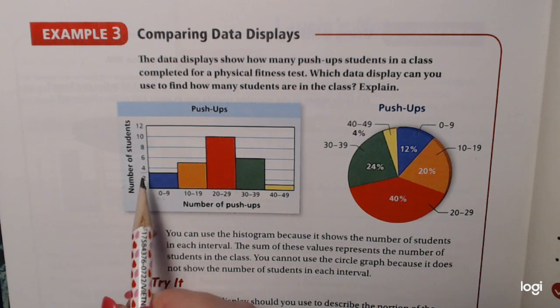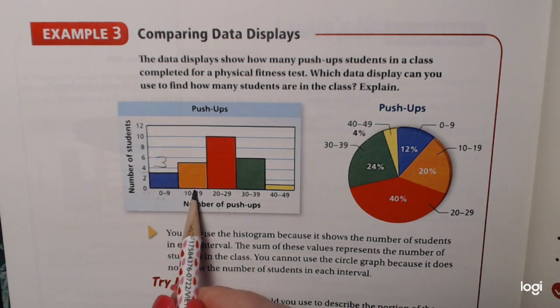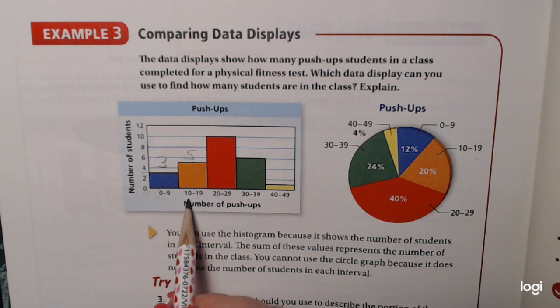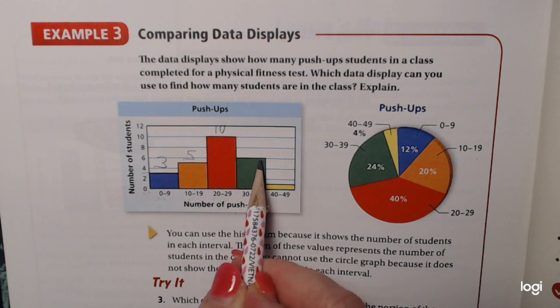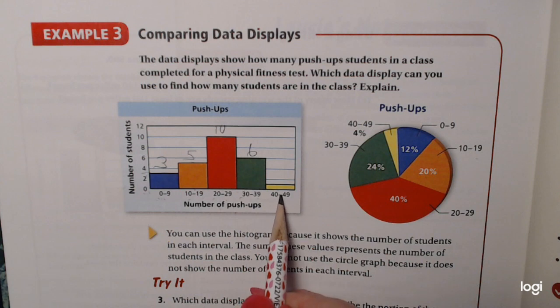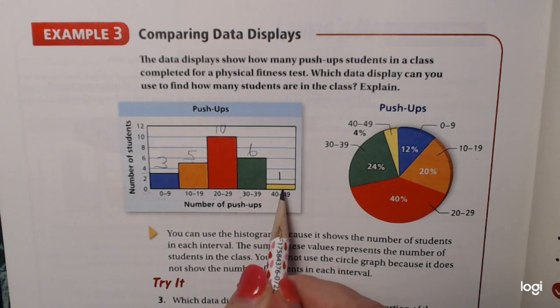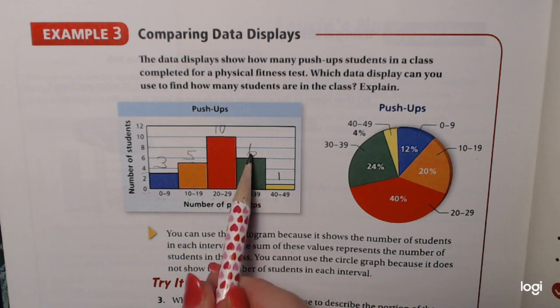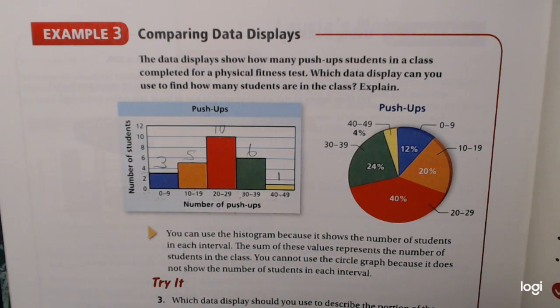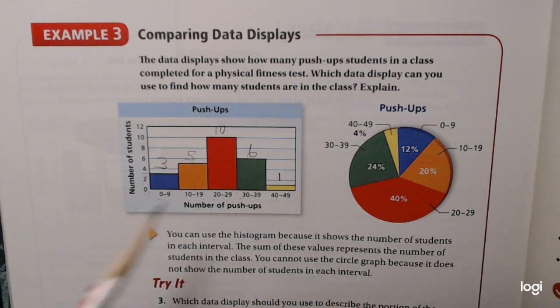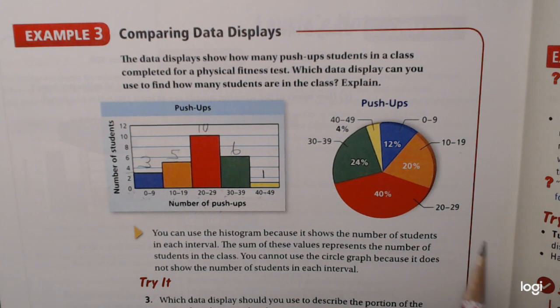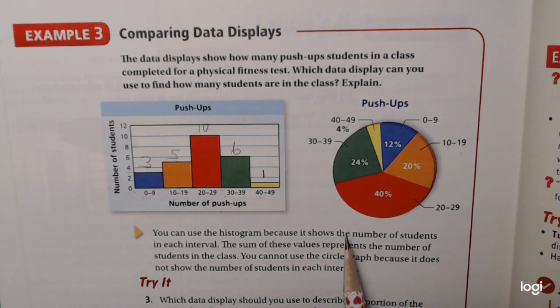3 students did 3 push-ups. Here I have 5 students that did 10 to 19. Here I have 10 students that did 20 to 29. I have 6 students that did 30 to 39. And it looks like I only have 1 student that did a total of 40 to 49. If I add all of these numbers up, I can find out how many students are in my class. But if I look over here, you will notice that I can't find out the number of students that are in the class. All right, so if you look here at our circular pie graph, you will notice the percents